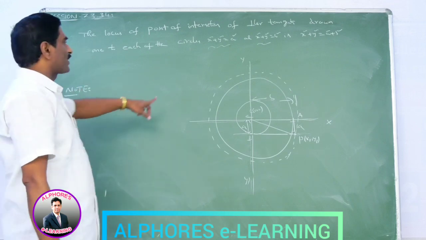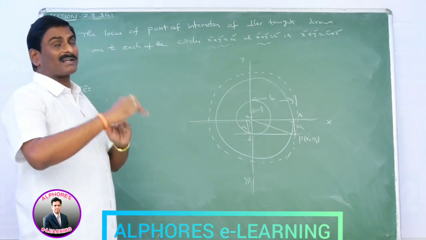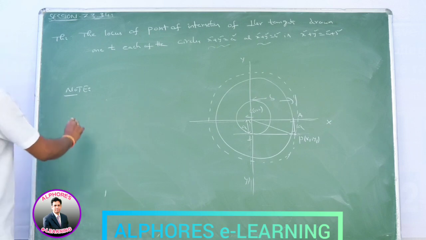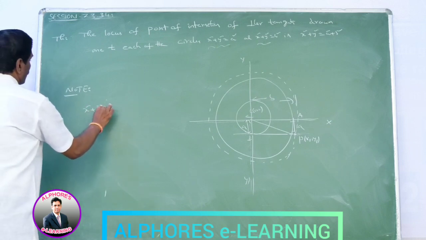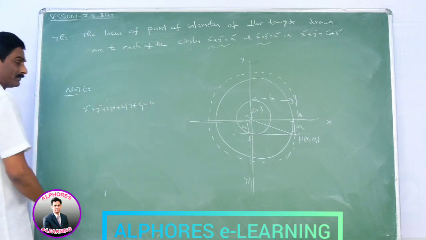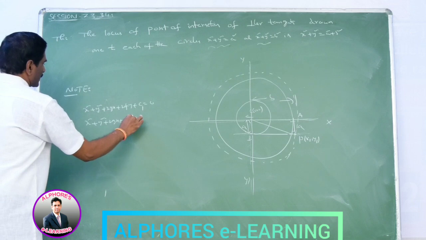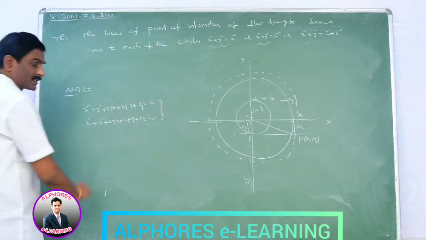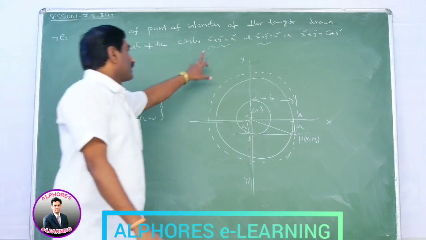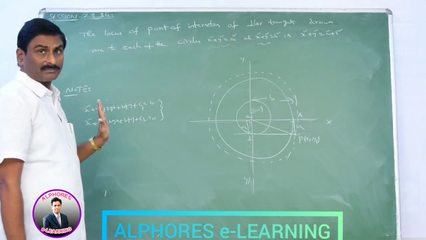In this case, the center of the first circle is 0, 0. The center of the second circle is also 0, 0. If the center is other than 0, that means minus g, minus f. Say x square plus y square plus 2gx plus 2fy plus c1 is equal to 0 is one circle C1, and x square plus y square plus 2gx plus 2fy plus c2 is equal to 0 is the other. These are two circles. In this case, the center is the same, that means these two are concentric circles. Here, the center of the two circles is 0, 0. These are concentric. Here also these are concentric.